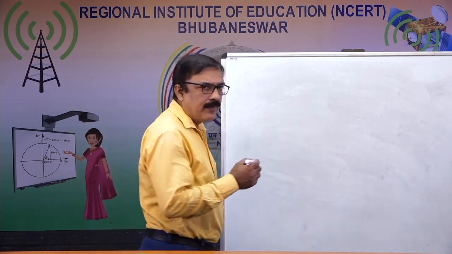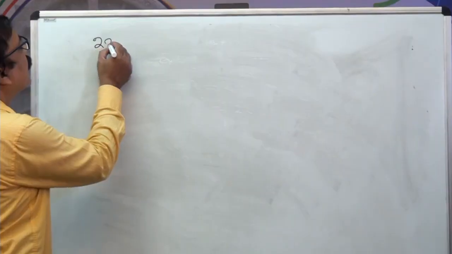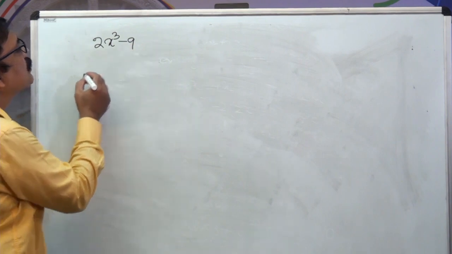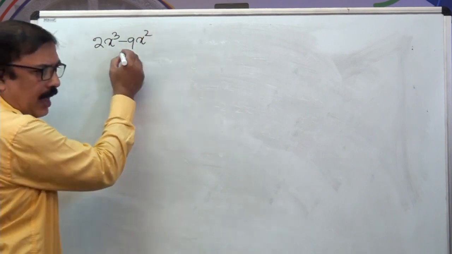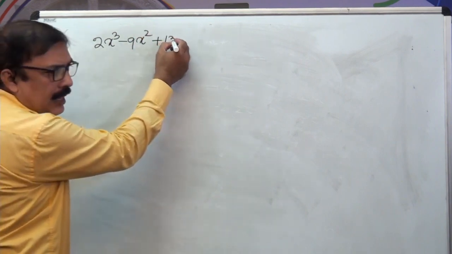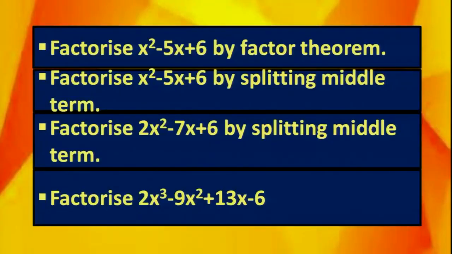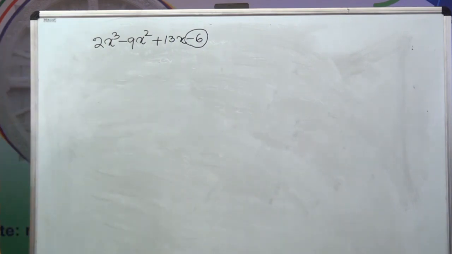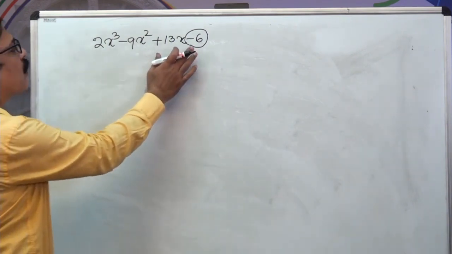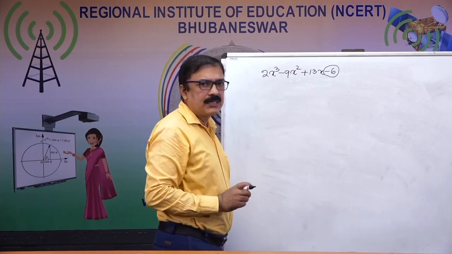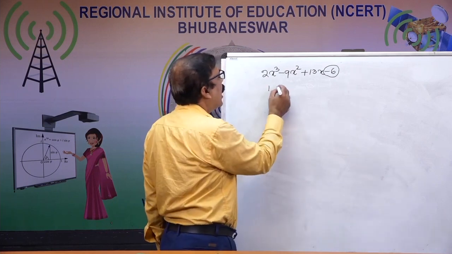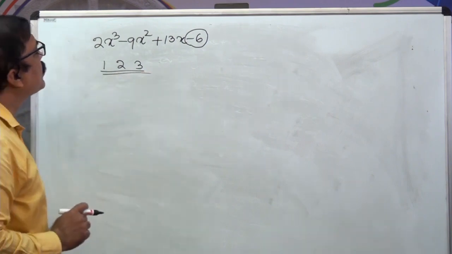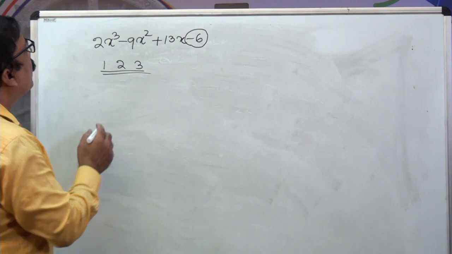See, the polynomial is 2x cube minus 9x square plus 13x minus 6. Now always look at this minus 6. For which numbers is the product minus 6? 1, 2, 3. Start with these numbers. If we put